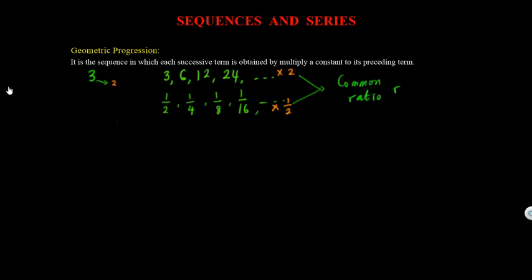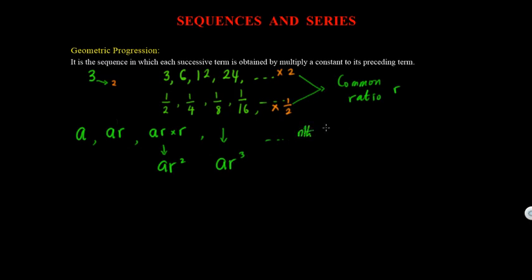So for a geometric progression, the first term is denoted by A. Then the second term, we multiply the first term by the ratio. The third term, we multiply the second term by the ratio, that's R. So this becomes AR squared. The fourth term will become AR raised to power 3. And so on. So the nth term